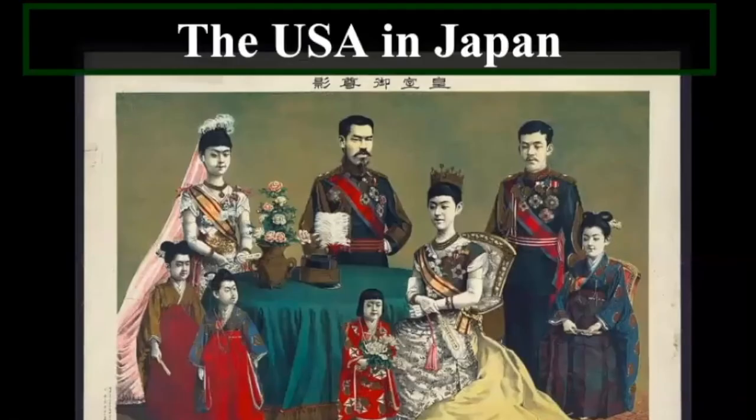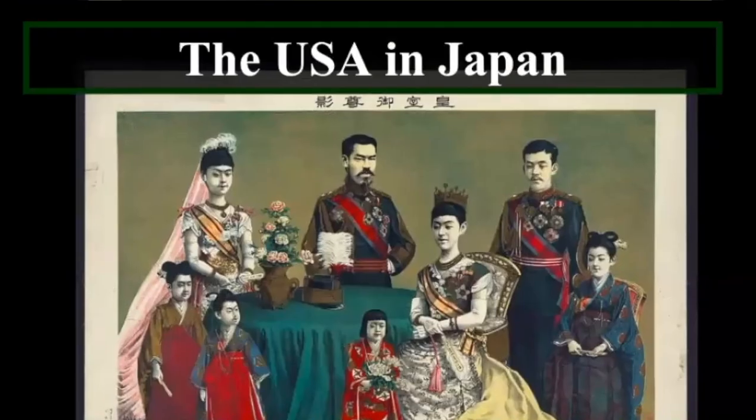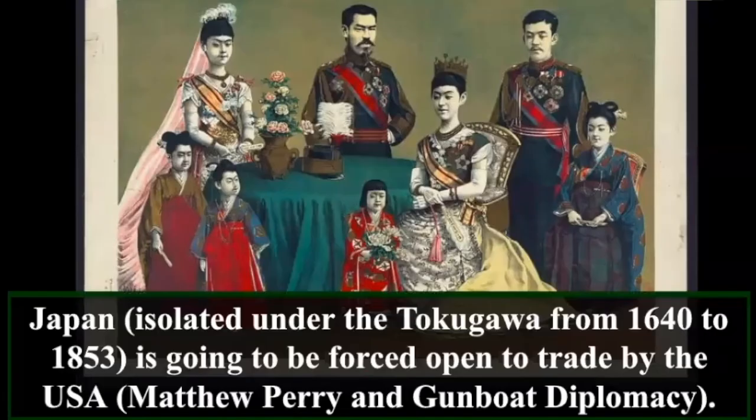Now, Japan is an imperial power, but it's only going to become an imperial power because the United States forces it out of its period of isolationism that had been started under the Tokugawa shogunate. Okay, so they have been isolated from 1640 until 1853, and then the United States, led by Matthew Perry, are going to come in with gunboat diplomacy, thus forcibly opening trade with Japan, saying, hey, you need to trade with us or we're going to come in and colonize you. And so Japan is going to recognize, okay, we need to modernize or be colonized.